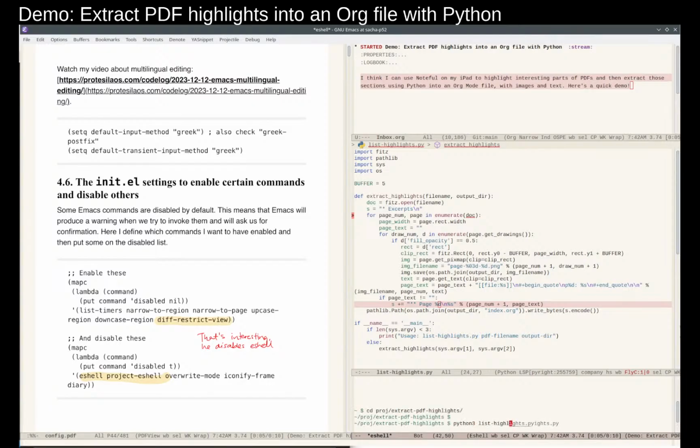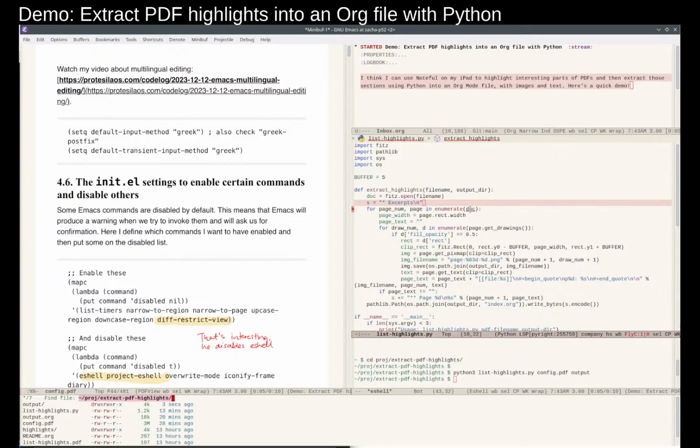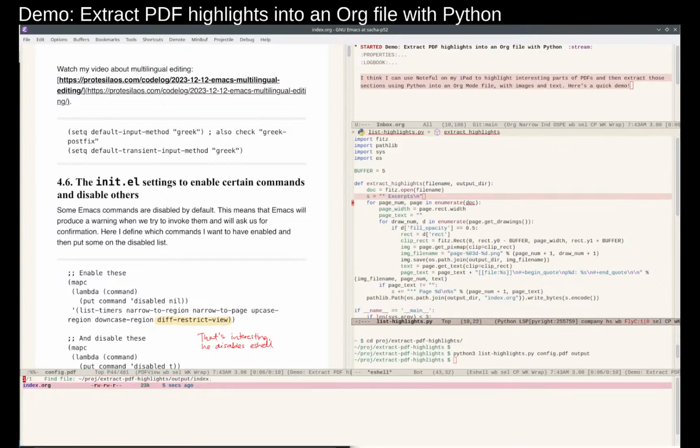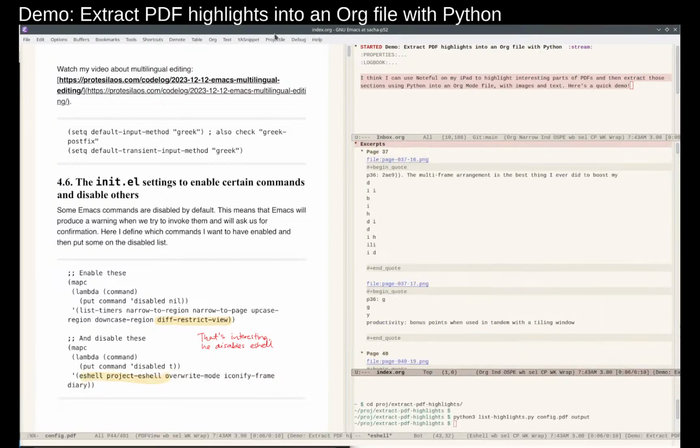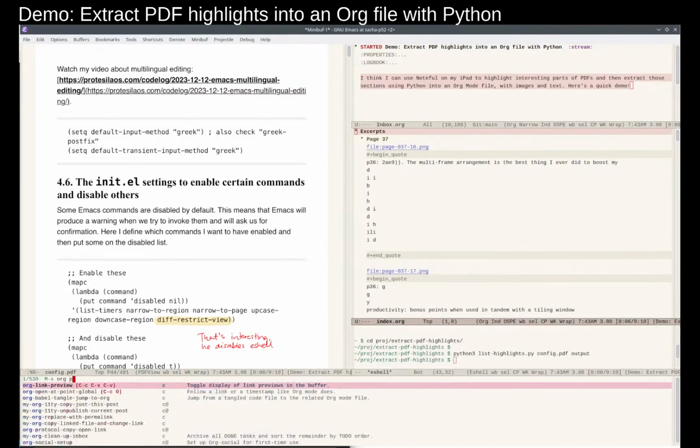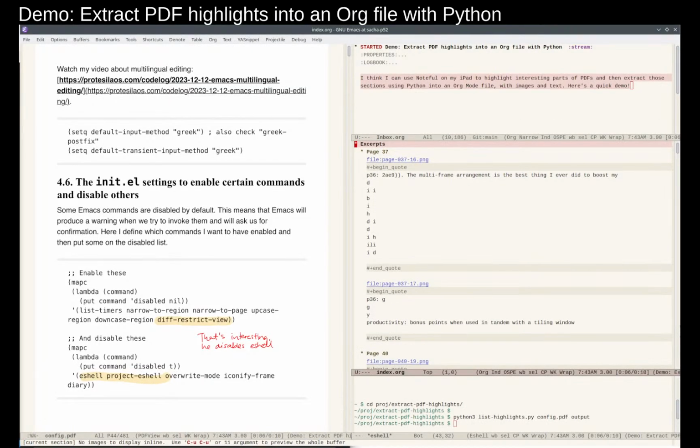Python list highlights.py. I give it the name of the PDF, I give it the output, and it does its thing. And then theoretically, if I go to output index.org, I get this, which is not very helpful, but if you say org link preview,